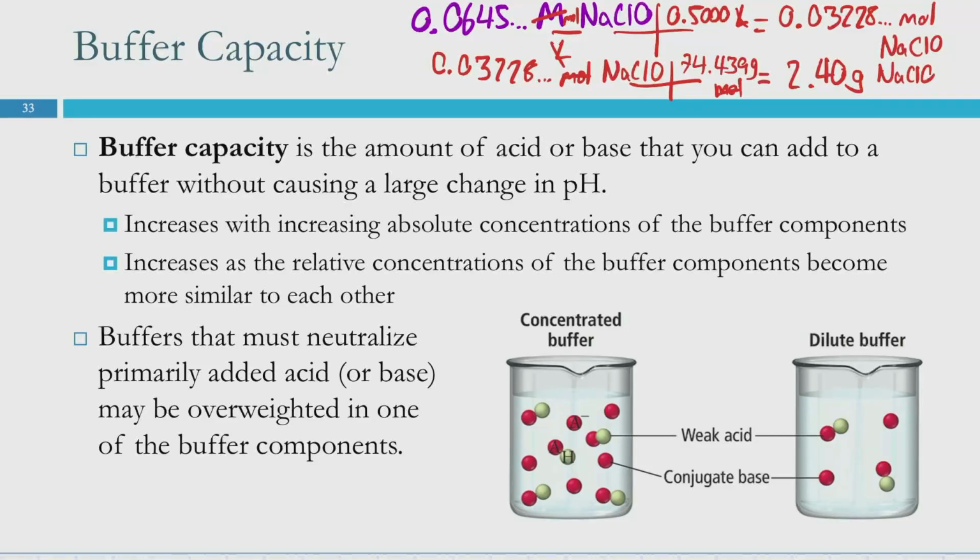We also have buffer capacity, which is not a particularly well-defined term necessarily. It's the amount of acid or base that you can add without causing a large change in pH. So what buffers do is they minimize large pH changes. A large change in pH probably indicates the buffer has been exhausted